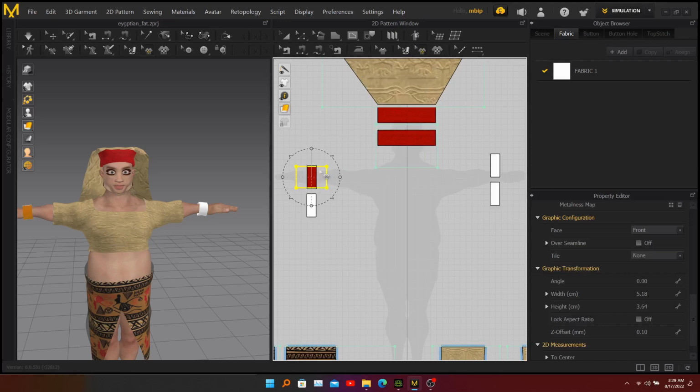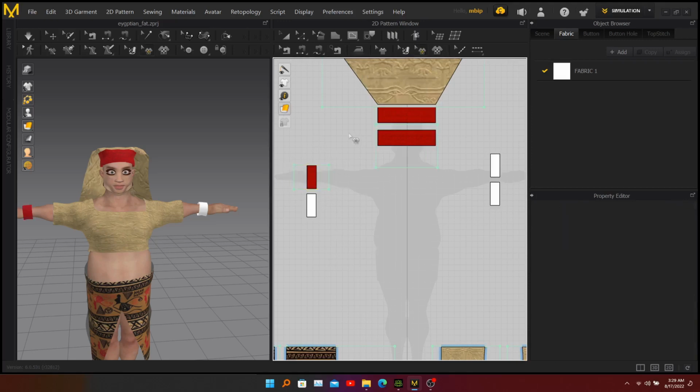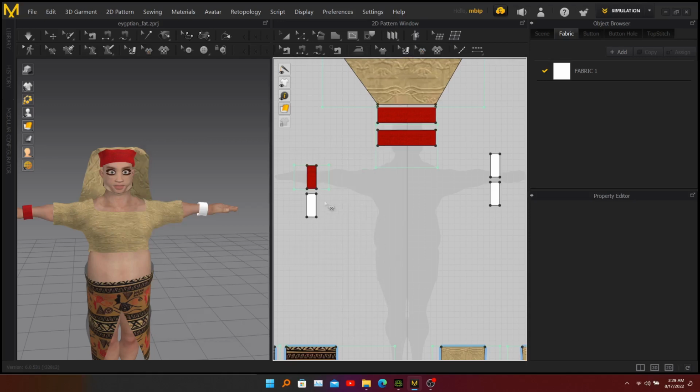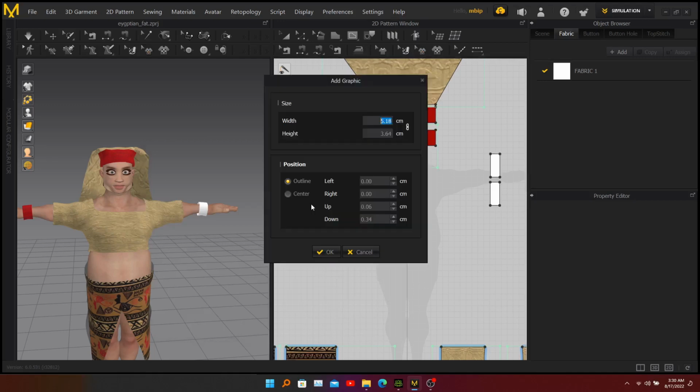Okay, resize it. Okay, now do the same thing here. Click the 2D pattern, select the headband and click here, center. Okay,